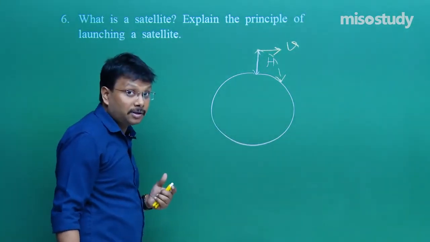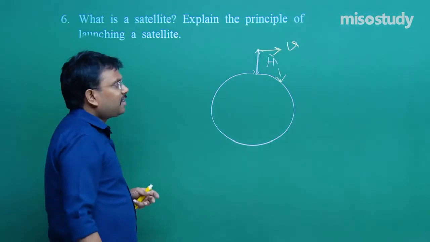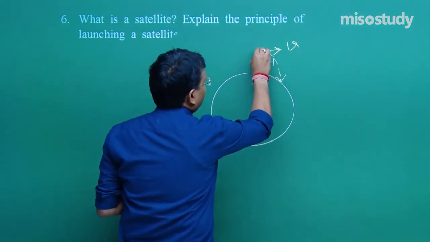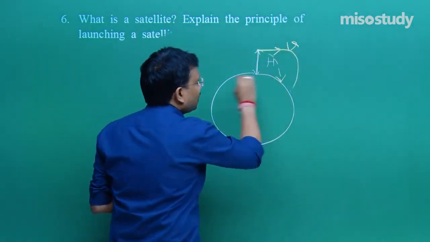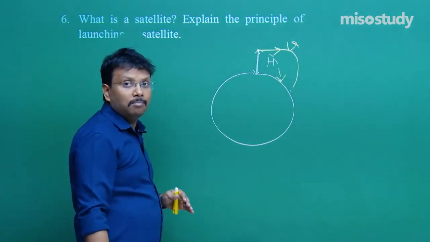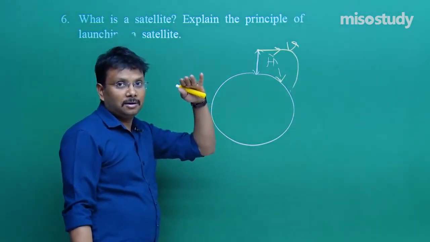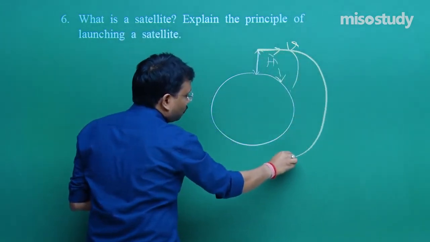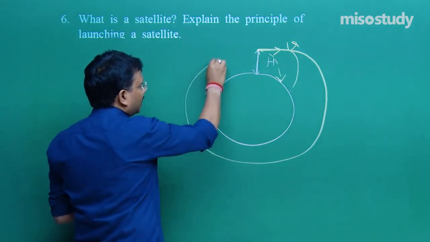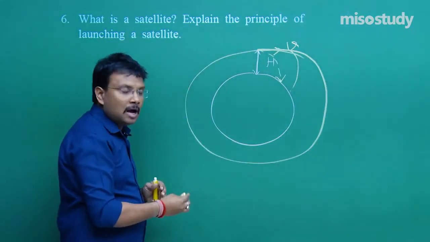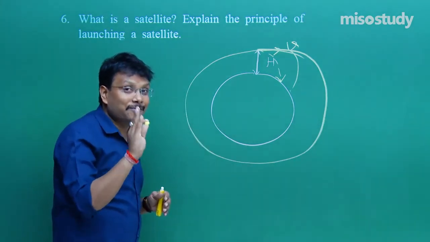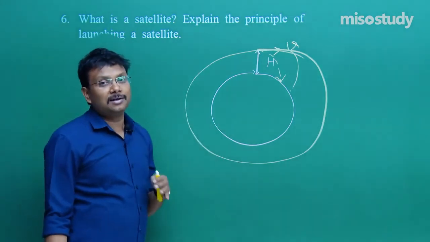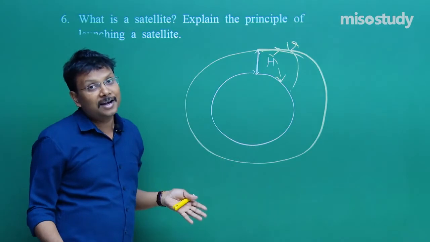This is something that we discussed during the discussion of motion in a plane. Now, let us increase the velocity. Height is same, increase the velocity, then it will fall somewhere here. Increase the velocity more, so what will happen? It has the tendency to fall down, but like this. This is the principle. If you impart a specific value of velocity in the horizontal direction to any object, then it will start revolving around the earth, and that is defined as the satellite of the earth.